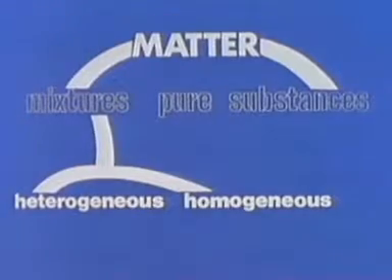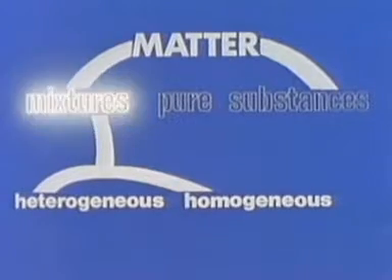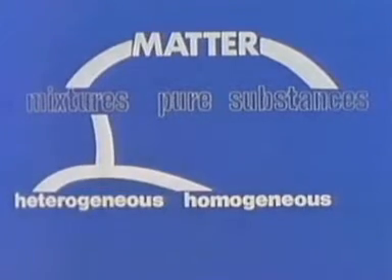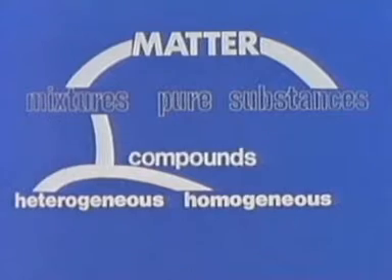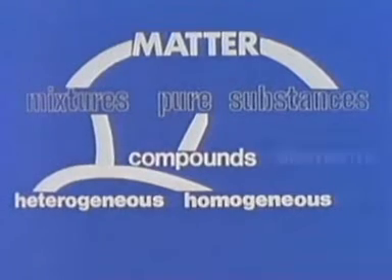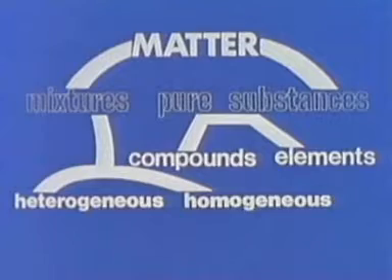Hydrogen and oxygen are elements, basic units of pure matter that cannot be further broken down or changed into any other elements by chemical means. And now, our basic breakdown of matter can be completed. There are mixtures, either heterogeneous or homogeneous, and pure substances, which are of two types: compounds and elements. Elements are the basic building blocks of all matter.